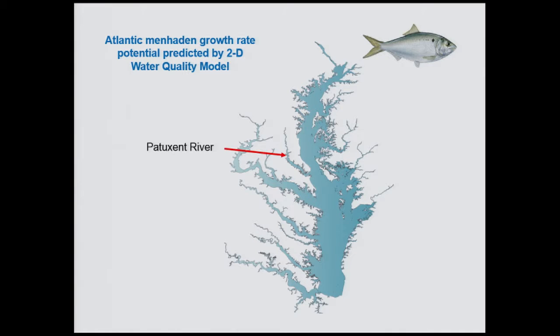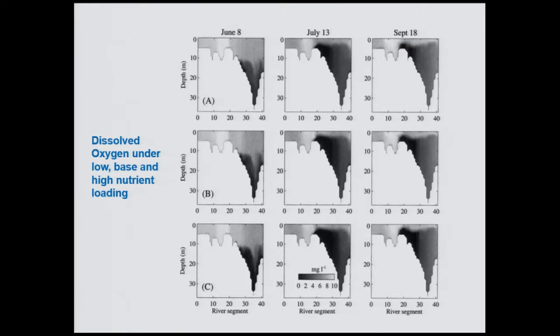Okay, I'm going to look at another species now, again in the Chesapeake Bay. This is the Atlantic menhaden. And I'm going to be looking particularly at the Patuxent River, one river system that's pointed out here in the Chesapeake Bay. The menhaden is an interesting fish in that it feeds primarily on phytoplankton. So what we did is connect the growth of menhaden to a watershed model that was connected to a 2D water quality model that produced phytoplankton. And we did that under